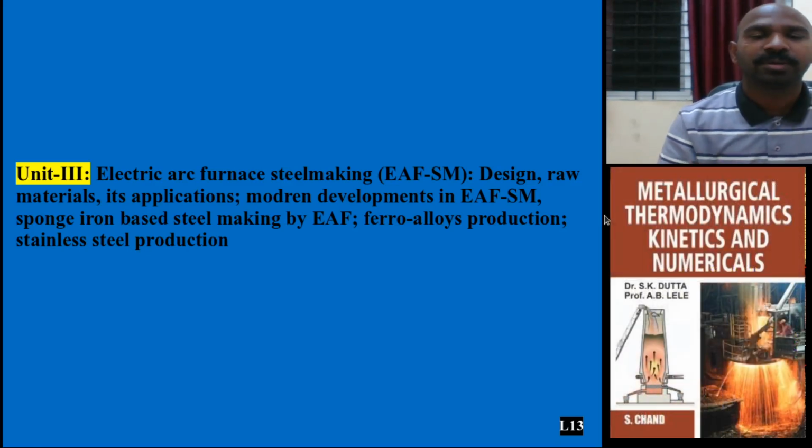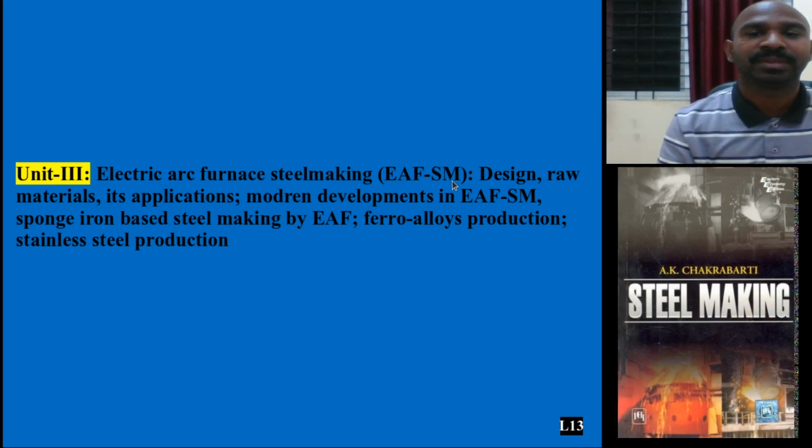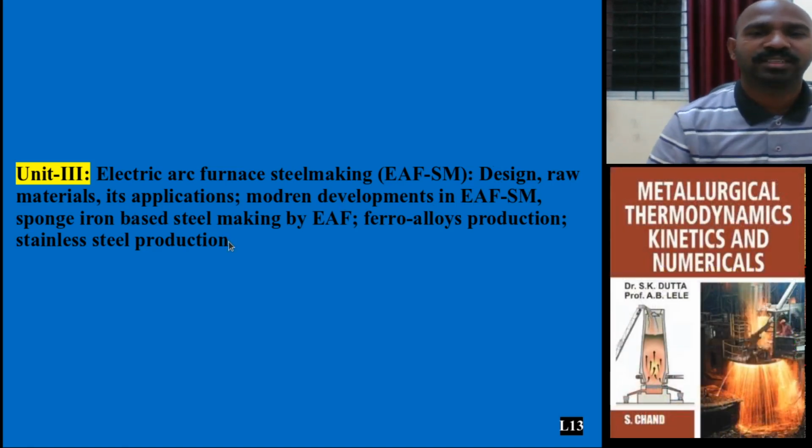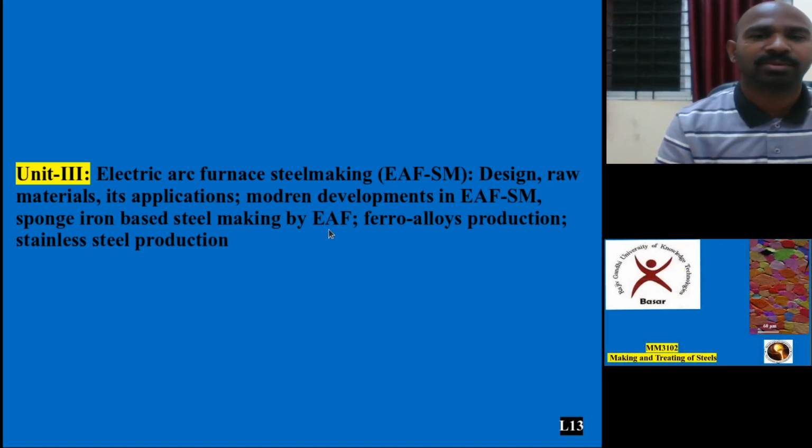Today I am going to introduce unit 3, that is the electric arc based steel making process, shortcut EAF steel making process. What is its design, what design parameters, what are the raw materials to produce steel, and its main application in principles perspective, DC or AC, and which industries use this electric arc furnace steel making. What are the modern developments that took place in EAF based steel making, and there are types of steel making process